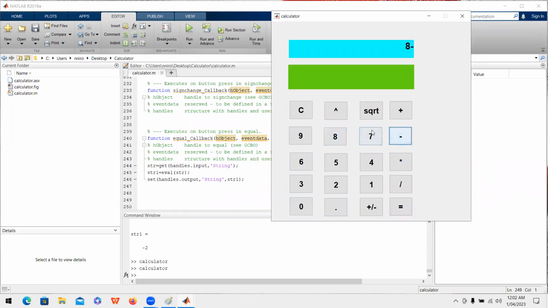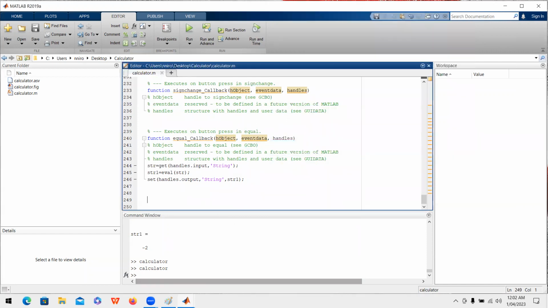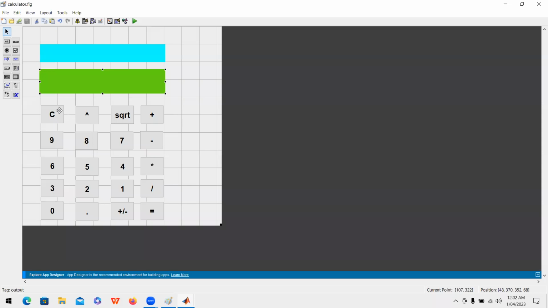I think you guys are clear with this up to now. So right now we are done with all these values. Now we want to provide some instructions for this C. This C stands for clear. So if I just go to the clear option,